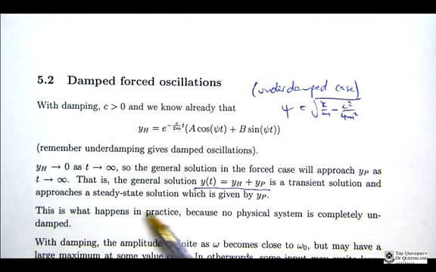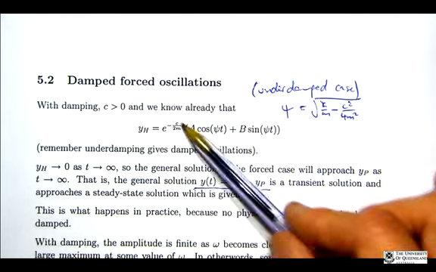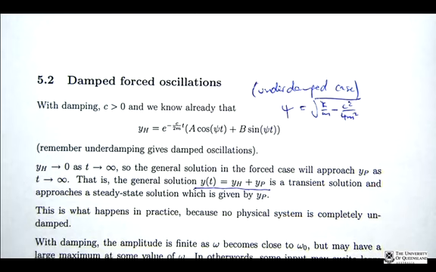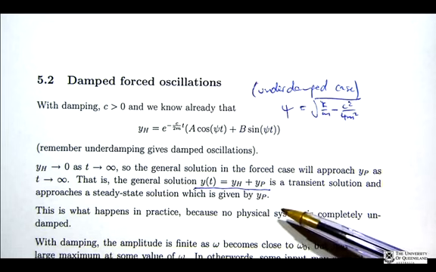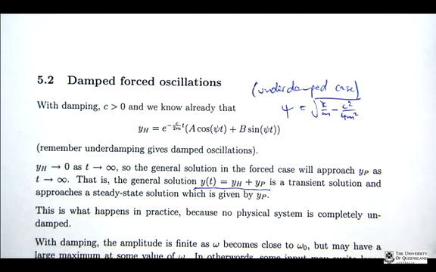And that steady state solution is always going to be given by the particular solution, right? Always in this case, because the exponential term goes to 0 as t goes to infinity, we always just end up recovering the particular solution in that large time limit. This is known as the steady state solution. All right, and